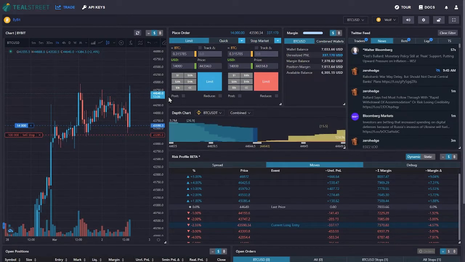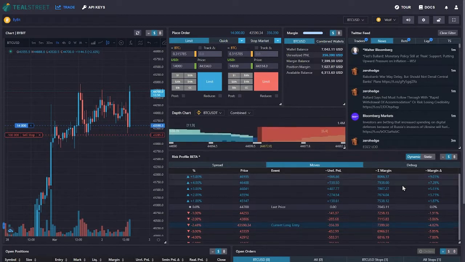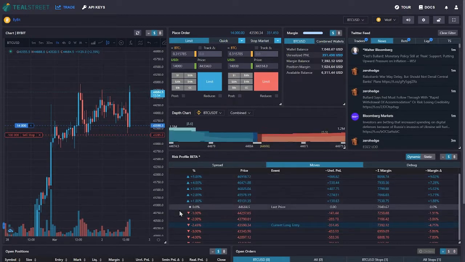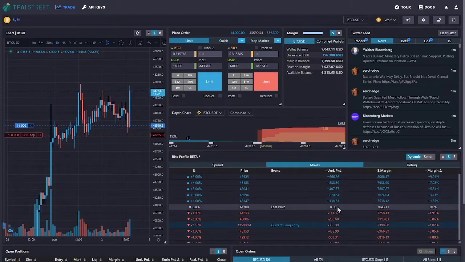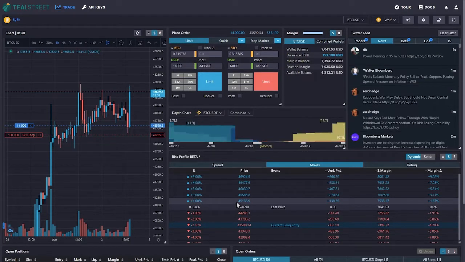The first section we're going to go through is the risk move section. This tool simply tells you what's going to happen to your position as the price goes up and as the price goes down. We're going to start with dynamic mode here and use it as an example. Throughout the entire risk profile, the diamond is where the last price is, and we're in dynamic mode, so my P&L is based on the last price. If price moves up 1%, as you can see indicated by the blue triangle, this will be the price,